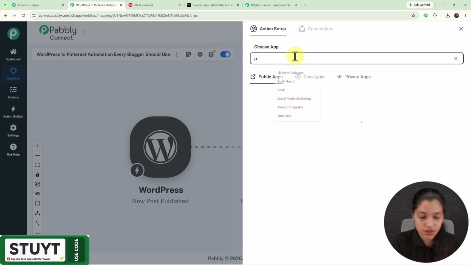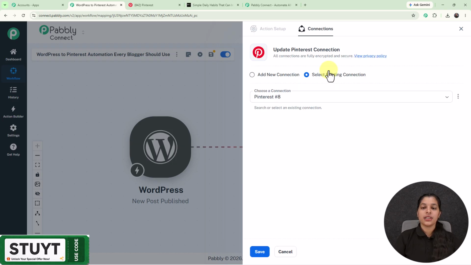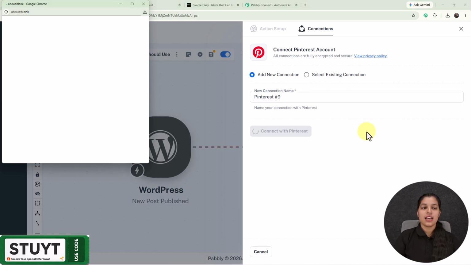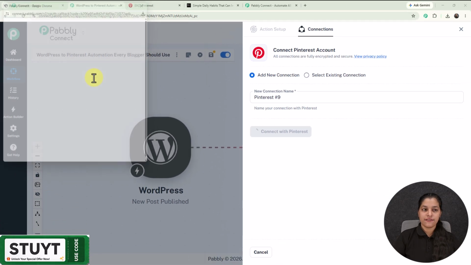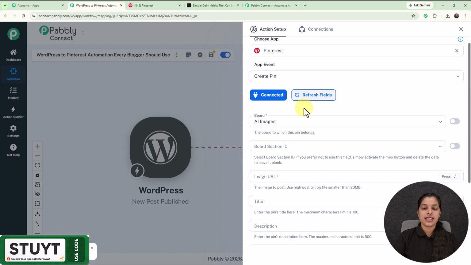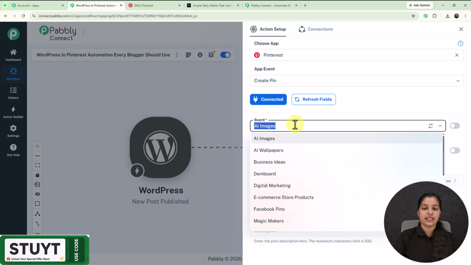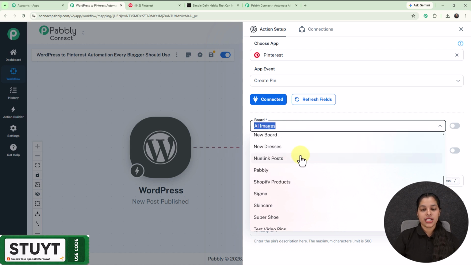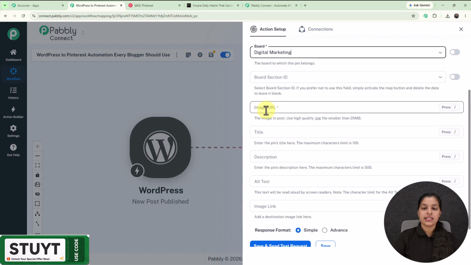So here I'm going to search for my new application or my action application, that is going to be Pinterest. Now let's select the app event as create pin and click over this connect button, and right here we are on this connection page where for building a new connection you have to click over this button, and right here I'm going to allow the access as my data is 100% safe with Pabbly. And as I have provided the access, my connection has been built in and we are getting all these fields. So the first field we are getting is for selecting the board where I want to add this image. So here I'm going to select it as digital marketing, and now it is asking me to enter the image